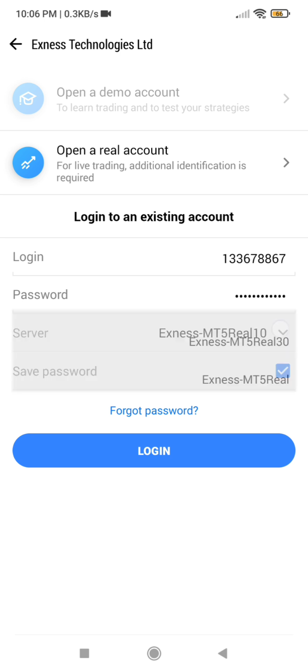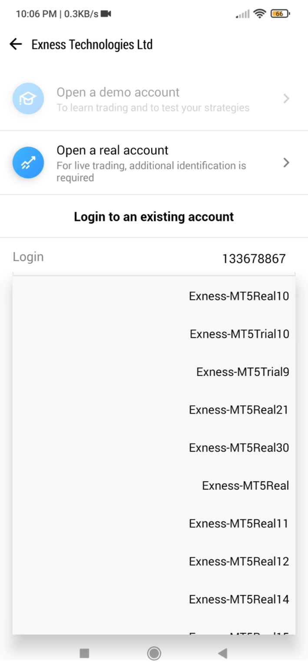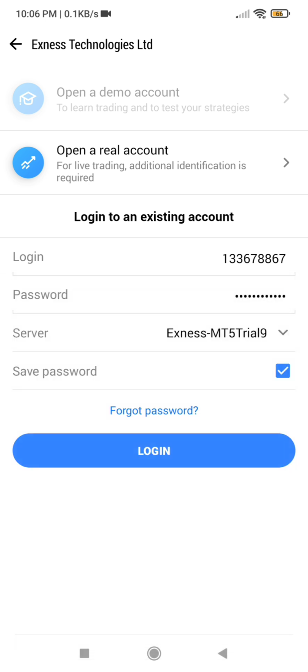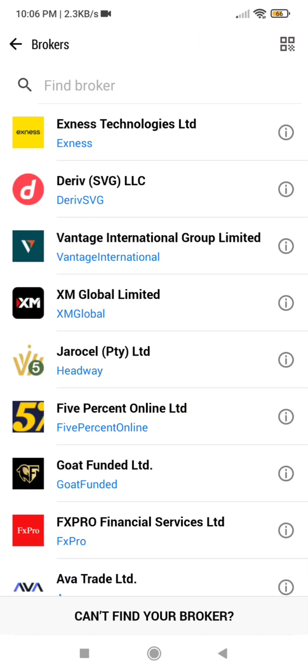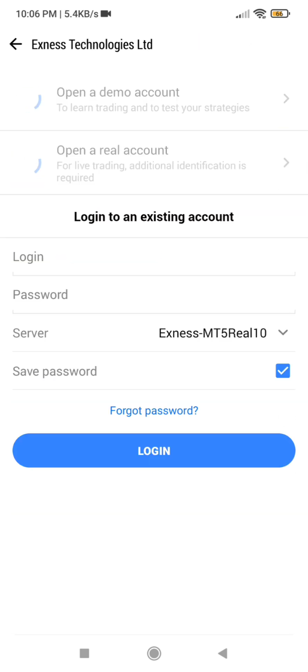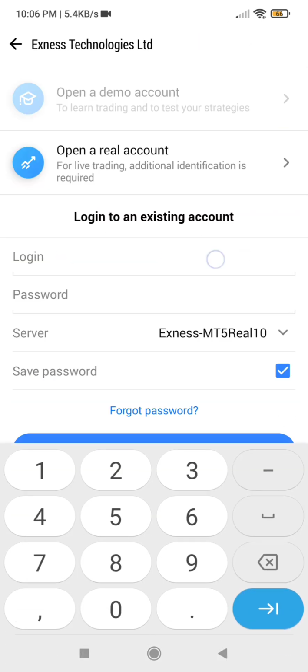So instead of this Xness MT5 real 9, you are selecting MT5 trial 9. You can't log in. Click on it. You will have authorization failed. Look at it here. Okay? So you have to come back to it again and select the correct